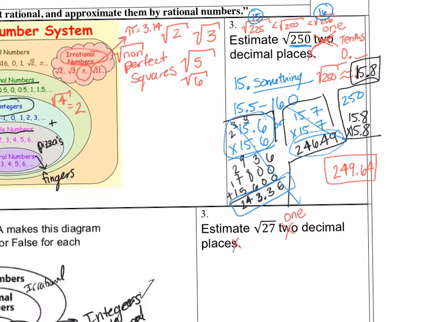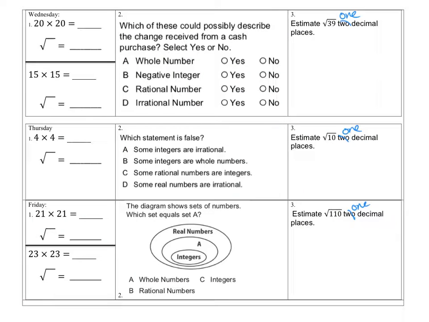15.8. I apologize for the sloppiness. Hopefully yours is neater than mine. If you have questions, raise your hand, and good luck on this week's Quizzette. I also want you to edit number 3 on Wednesday, Thursday, and Friday to say 1 decimal place, 1 decimal place, 1 decimal place. Okay, now when you go